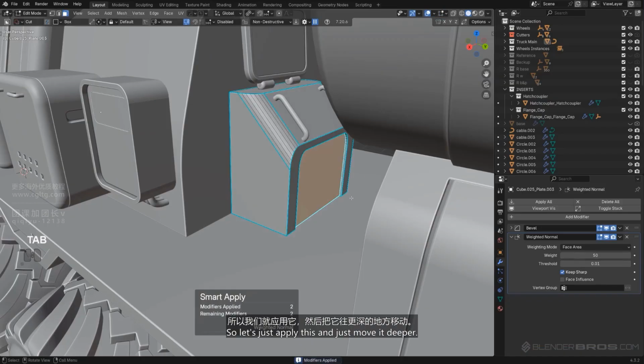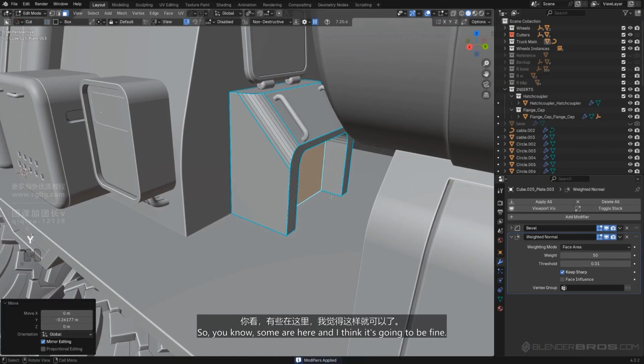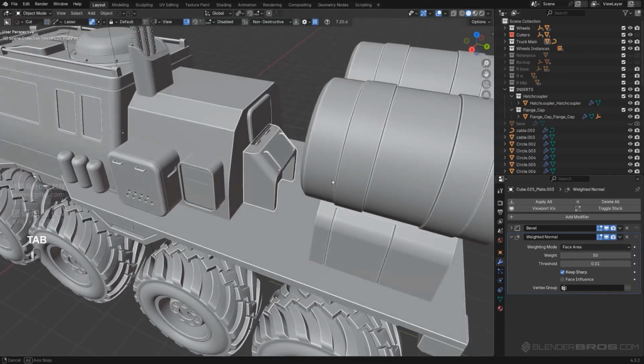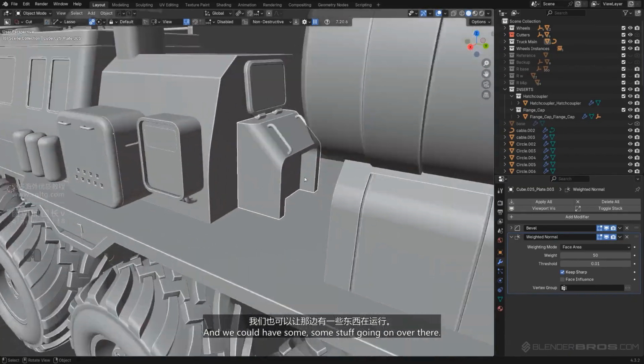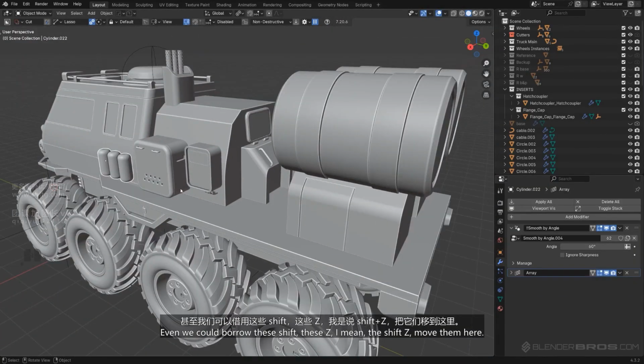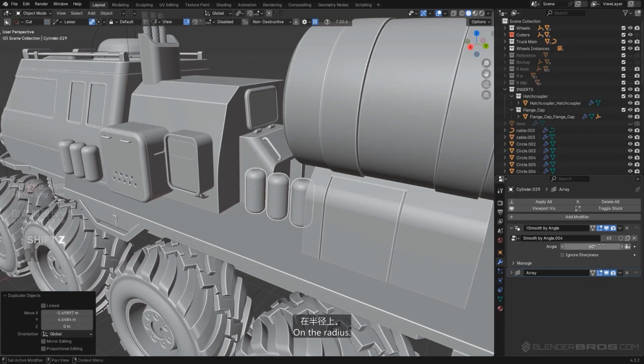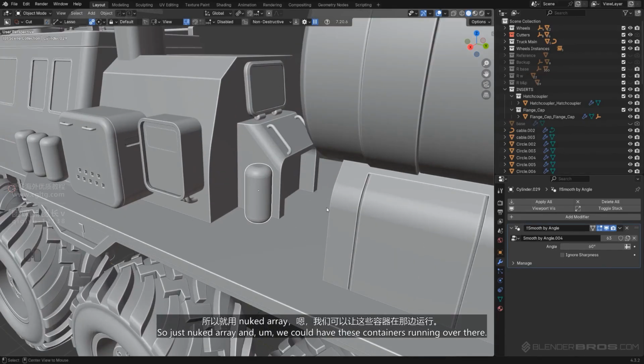And just move it deeper. So, you know, somewhere here. And I think it's going to be fine. Okay, and we could have some stuff going on over there. Even we could borrow these, Shift Z, move them here, unarray this, so just nuke the array, and